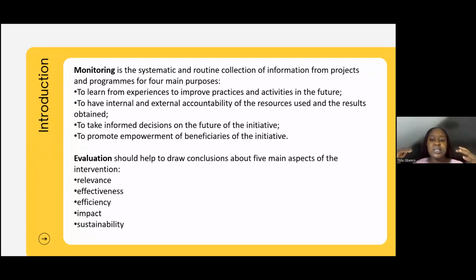On the other hand, these are some of the things that evaluation helps you to do. It helps you to draw relevance. It helps you to say, these are the areas we should be focusing on, and these are the areas that maybe we should focus on later. It helps you to say, this method has proven effective in leading a project. It helps you to say that this is an efficient way of doing something. I like to say very much that in the kingdom of God, there is order. So there should be order in your life.